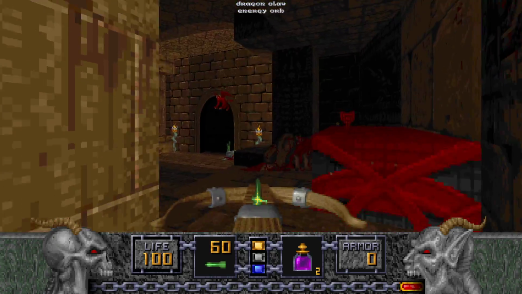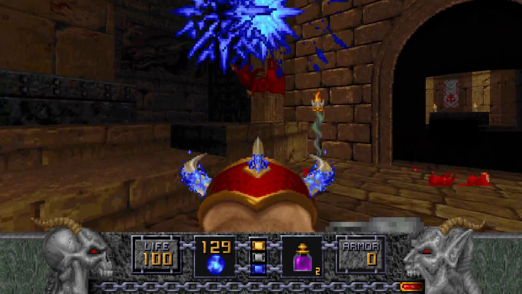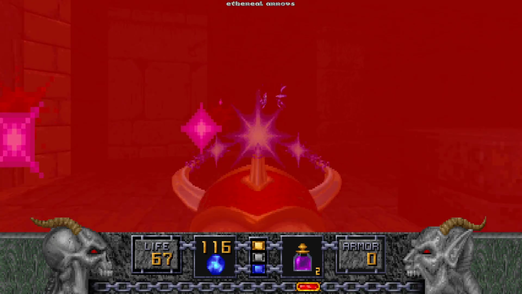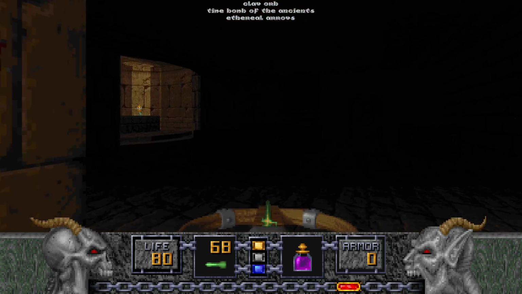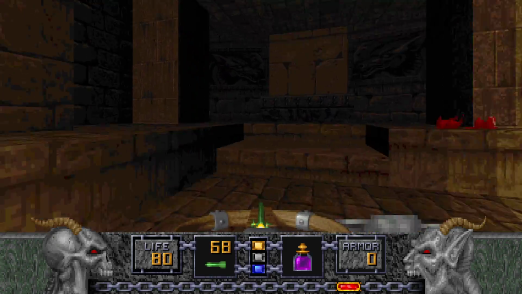Grab another dragon claw and some more ammo. And use said ammo to kill these gargoyles and the disciples that will also emerge. It's hard to tell where they are. But it's fine. We have the sippy juice. And we can also get some items from here. Not only that, but we can also...